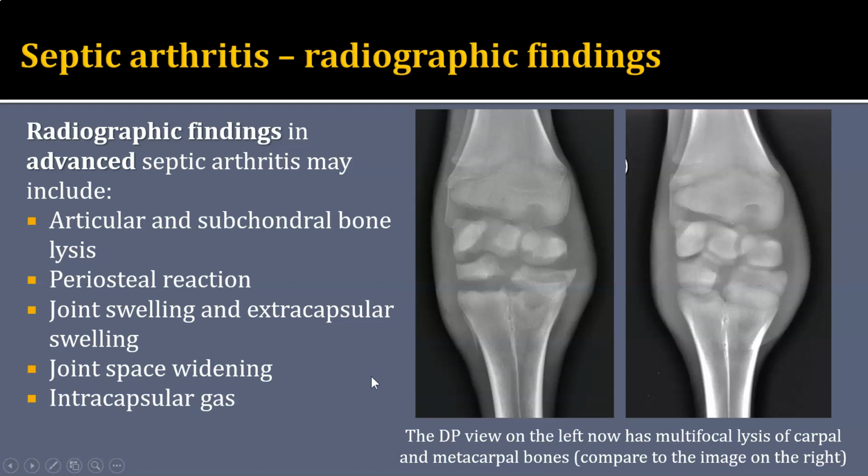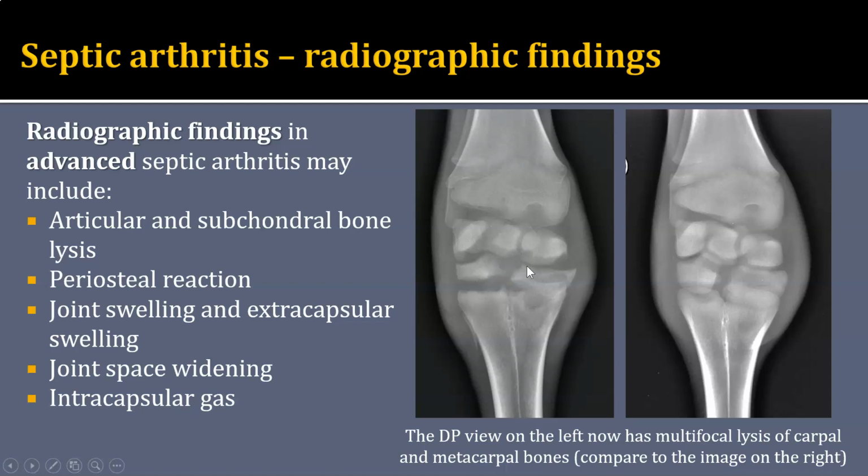Now, when septic arthritis becomes advanced, then we're going to start to see osseous changes that will be very erosive and can look similar to the erosive form of immune-mediated polyarthropathy. This is the DP view of that calf that had, on the previous slide, the early changes with septic arthritis. And this is the calf a few weeks later that has much more significant advanced changes of the carpal bones